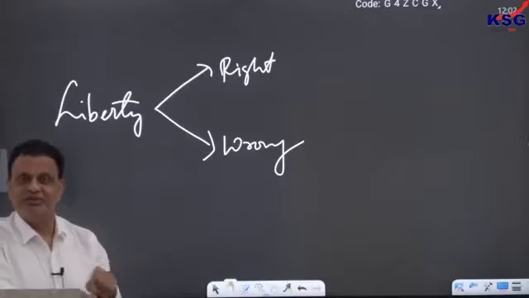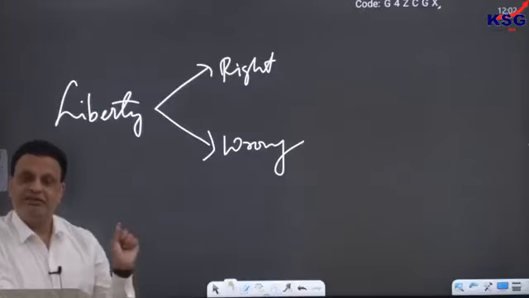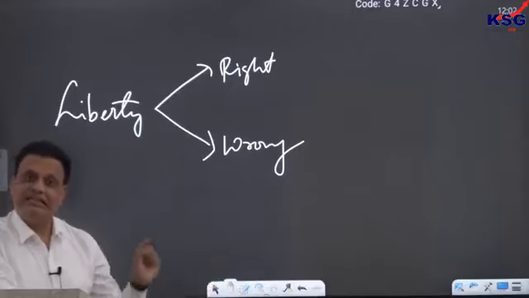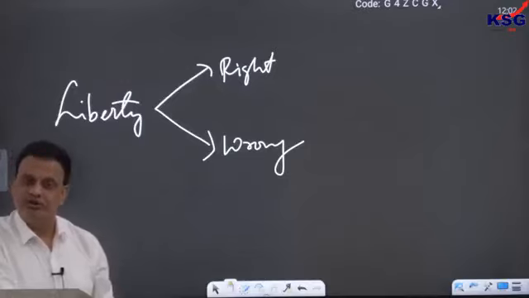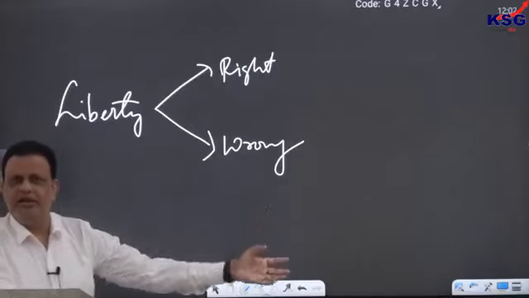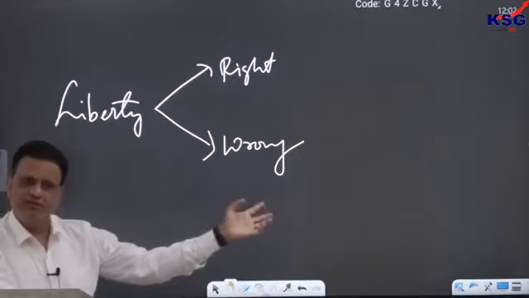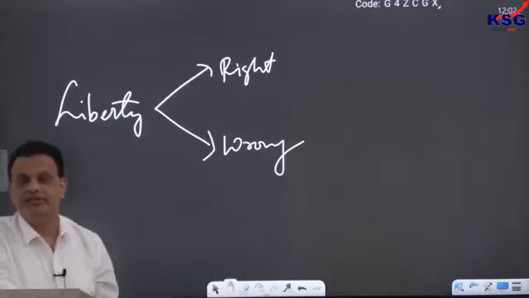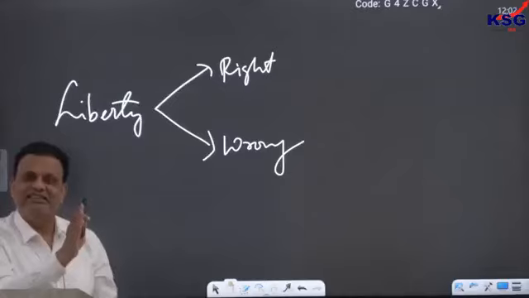Now, the irony of the whole situation was that those people who trolled Aamir Khan so badly did not realize that by trolling him so badly, they had actually proved Aamir Khan right, that India is actually becoming more intolerant. Because if you had to prove him wrong, what should you have done? You should have said, okay, I don't agree with Aamir Khan, he is wrong, but let him say whatever he is saying. Had you said this, then you would have proved him wrong. You can say that he is wrong, I don't agree with him. But even then you must respect his right to say whatever he feels about his country. Don't throw him out, don't send him to Pakistan. That is the idea of liberty.